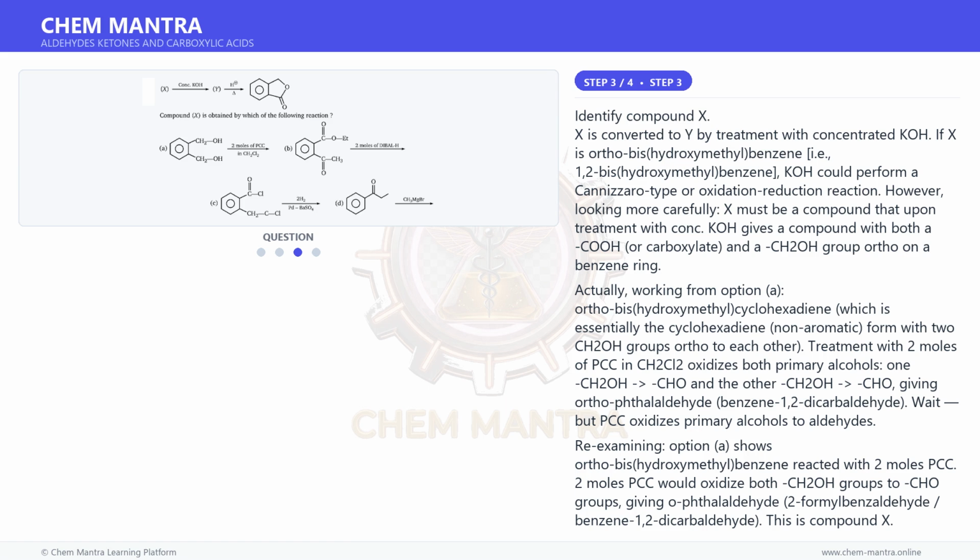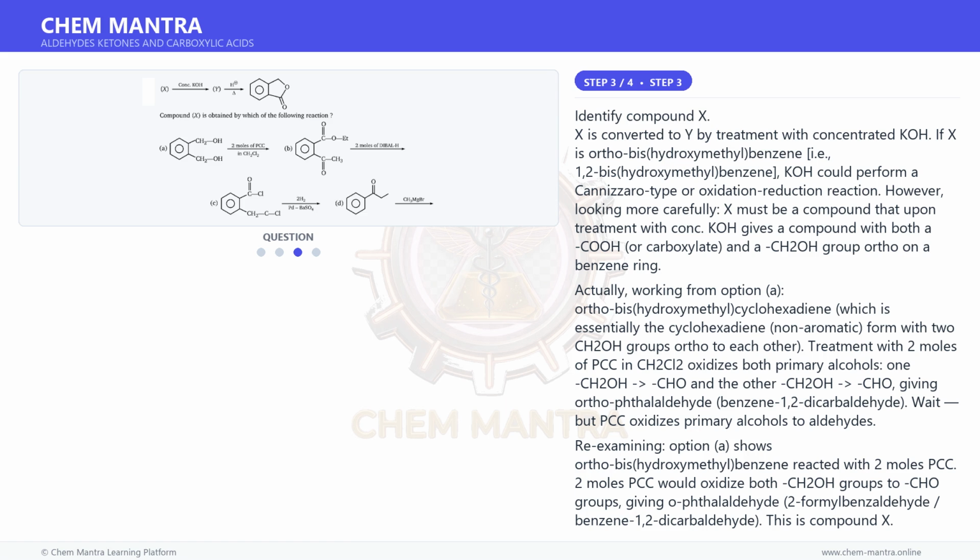KOH gives a compound with both a COOH or carboxylate and a CH2OH group ortho on a benzene ring. Actually, working from option A, ortho-bis(hydroxymethyl)cyclohexadiene, which is essentially the cyclohexadiene non-aromatic form with 2 CH2OH groups ortho